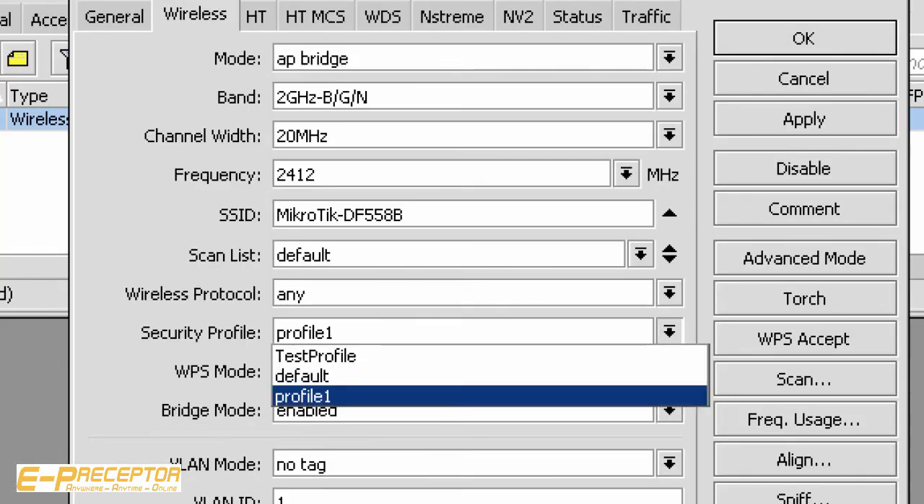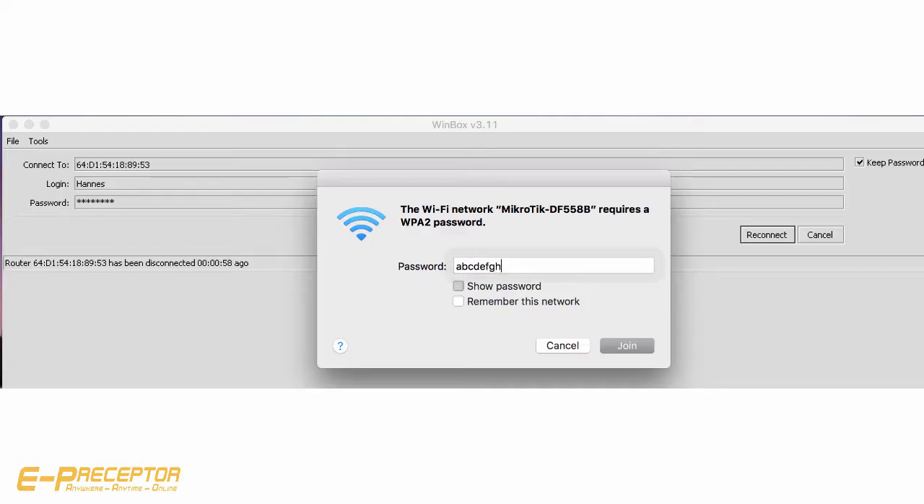Next, you must apply this profile to your network, and then only customers with the needed password can log onto